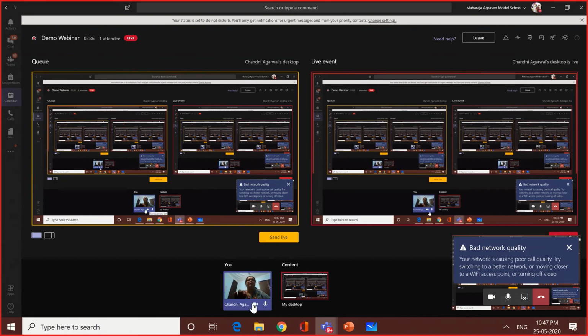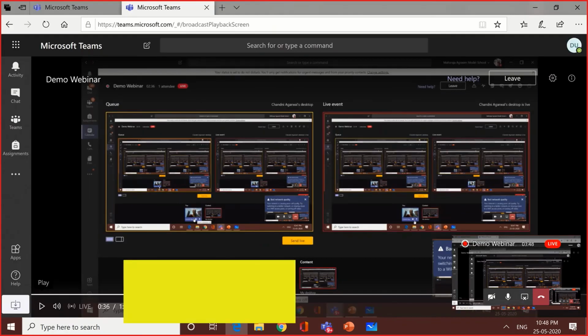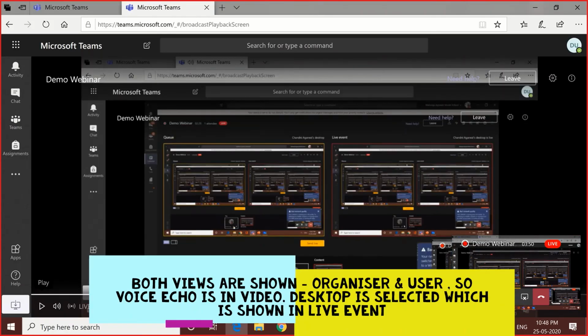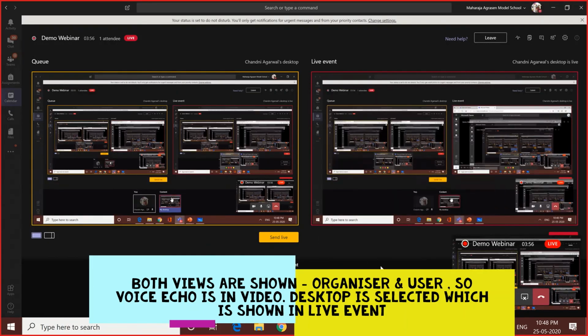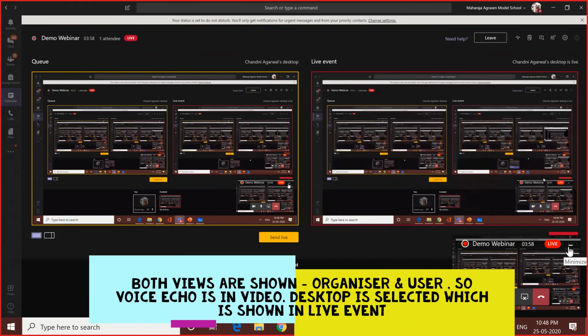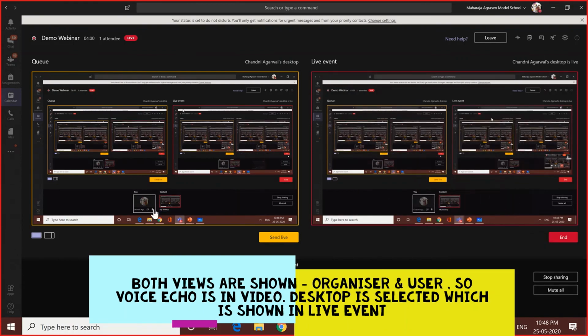So you can see it is just sharing my desktop content, and you can just go back in the video and you can see this is user view. Now I'll come to the organizer view. So this is the organizer view which we are showing, and this is my live event. This is my desktop which is being queued. So there will be a lag of 10 to 15 seconds to reach the user's screen.